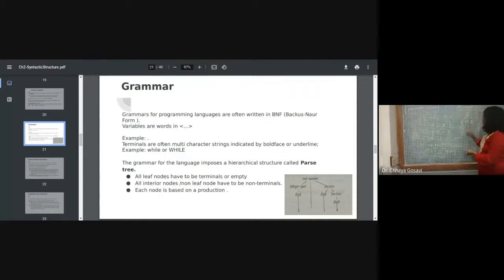Then raised to E. Here, this E is nothing but E minus E. We have to choose one production rule from the set of rules, E minus E. Then we have E star E. So here E star E is again E star E.